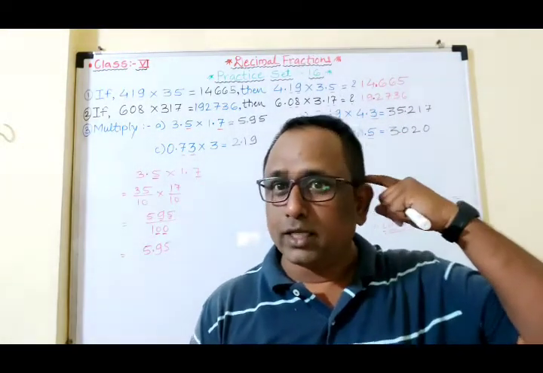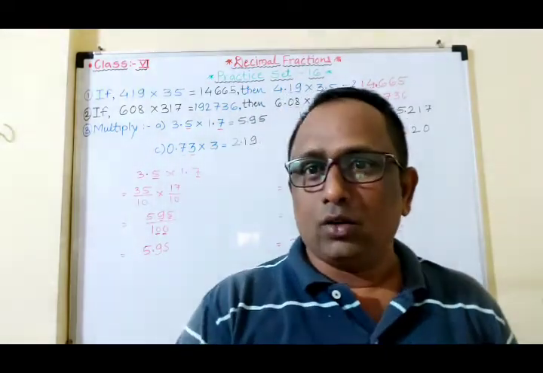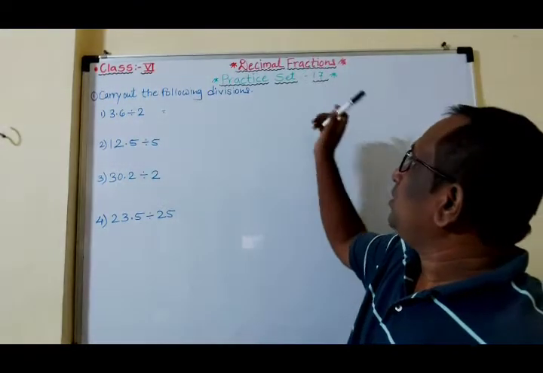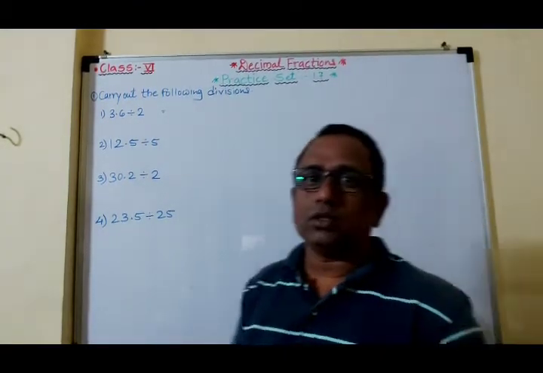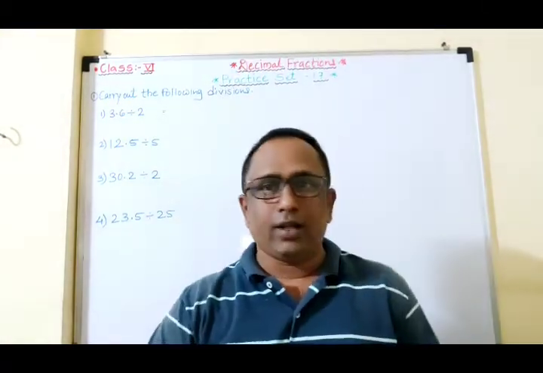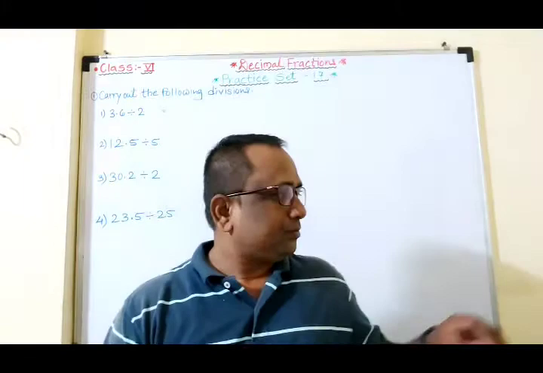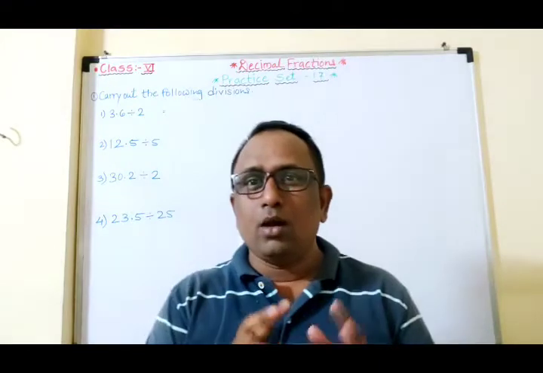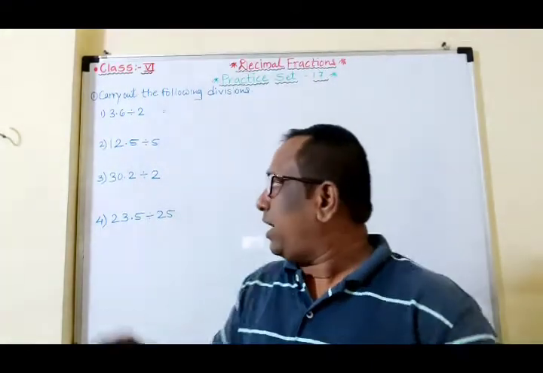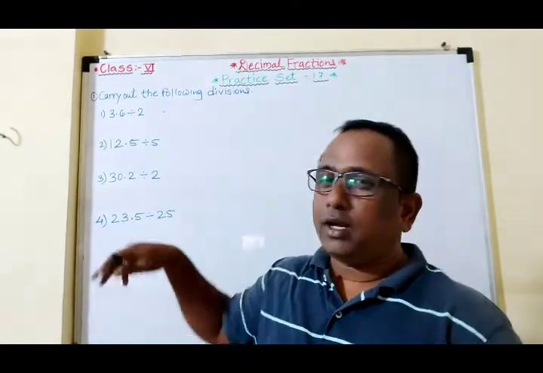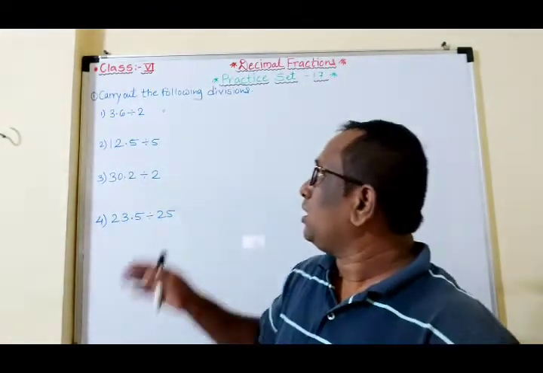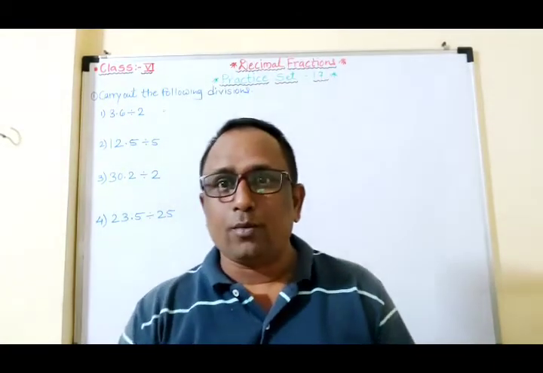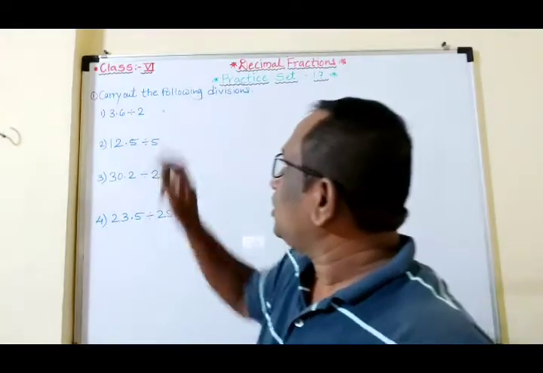Now we'll move to the next practice set, which depends on division. Okay, let's see that. Now students, in practice set number 17, we are solving the examples of division of decimal fractions. Here I wrote different types of examples, but they look the same as the given practice set. Why did I write this? These 4 examples I will explain, and the 4 given in practice set number 17 you have to solve for practice.